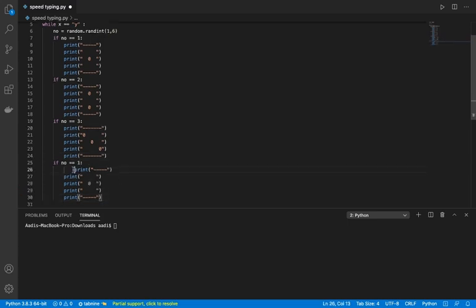Again we are going to paste for number 4, and what number 4 looks like is somewhat like this: I'm going to erase this 0 here, cancel 0 here.